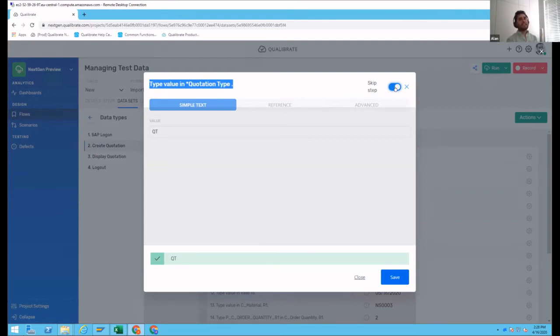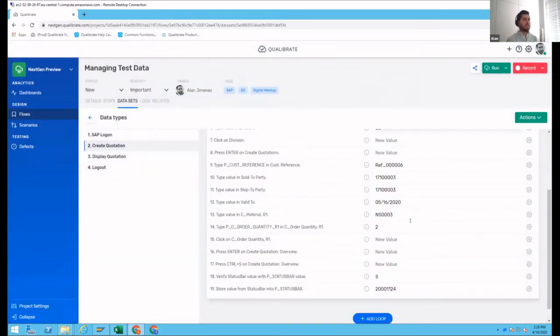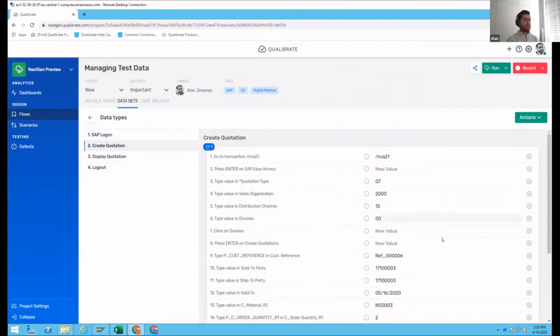We want to put it in the dataset because sometimes, depending on certain data combinations, right? Because you're going to maintain your dataset directly here, and some of those data combinations might make some of the steps not relevant. So you have the ability to also skip the information there. Just to give you an example, let's imagine that in my sales organization, with this combination of data, the customer reference is not required. If I'm doing a quotation in Germany, the customer reference is optional, right?